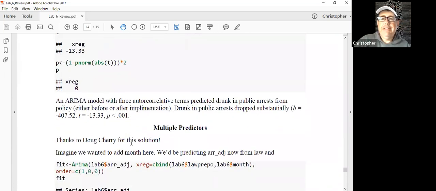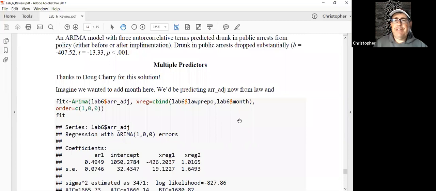And then when you knit your Markdown, it will render to this. You can see the B, the T, and the probability. One thing that's nice about writing this way is that you can insert this directly into papers right from your output without having to copy it. It takes a little bit of time to learn that. Hopefully, we'll have a presentation on Markdown where people talk more about using these functions to write out analyses.